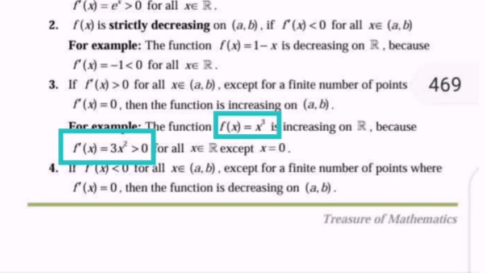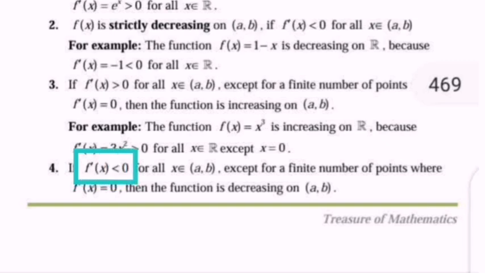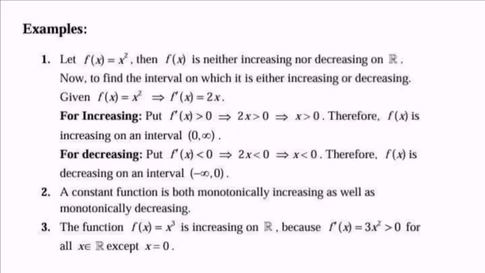Point 4: if f dash is less than 0 for all x belonging to AB except for a finite number of points where f dash is equal to 0, then the function is decreasing on AB. For example, if we consider f of x equal to x power 3, then f of x is neither increasing nor decreasing on R, because